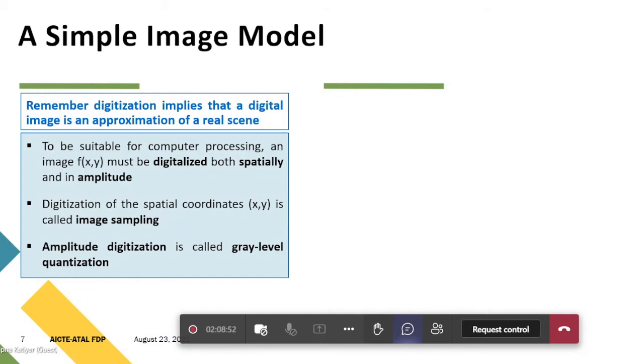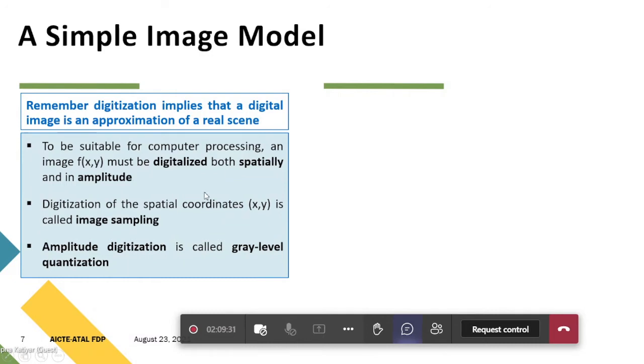It must be a combination of zeros and ones. You are aware that in digital there are two terms, 0 and 1. So a digital image will be a combination of certain zeros and ones, and that is the approximation of a real scene. You are observing me. My background will be represented by some other things. My overall scenario could be represented by a certain combination of ones and zeros, like the background is represented by 0 and my presence is represented by 1. So this is nothing but digitization, meaning approximation of a real scene.